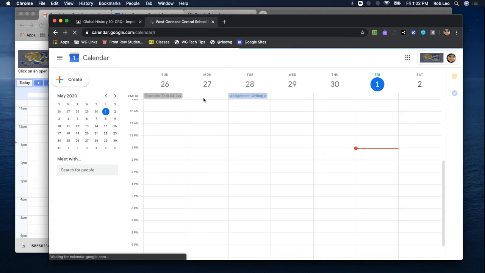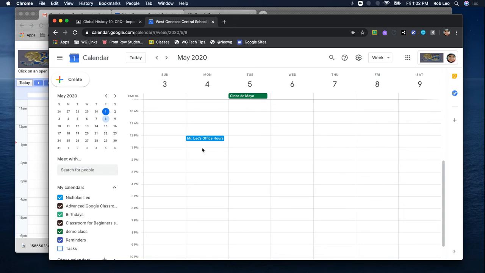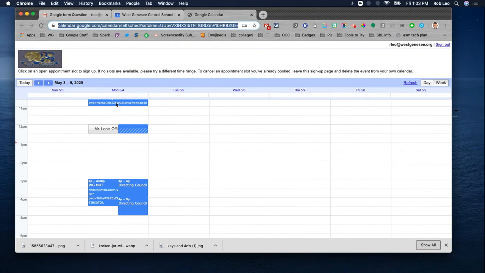student, or whoever signed up, should see, there it is. Their color is located, and you can see that 12 o'clock to 12:30 on Monday the 4th, the student has signed up for that slot. And then when you go back to the teacher view, let me just refresh the page here,